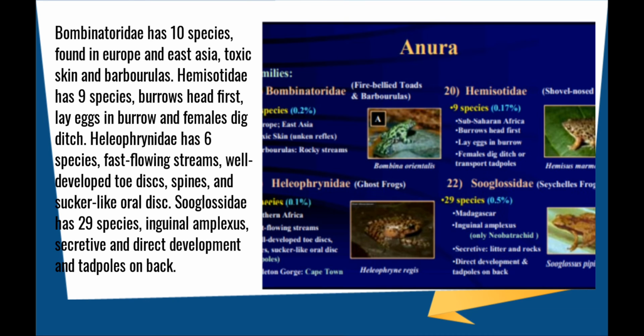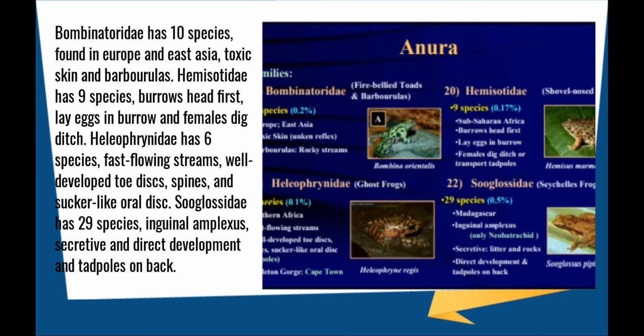The Bombinatoridae has 10 species and they are found in Europe and East Asia. Their skin is toxic and warty. The Hemisotidae has 9 species. They burrow head first, lay eggs in the burrow, and females dig a ditch. The Heleophrynidae has 6 species, live in fast-flowing streams, and they have well-developed toe discs, spines, and a sucker-like oral disc, while the